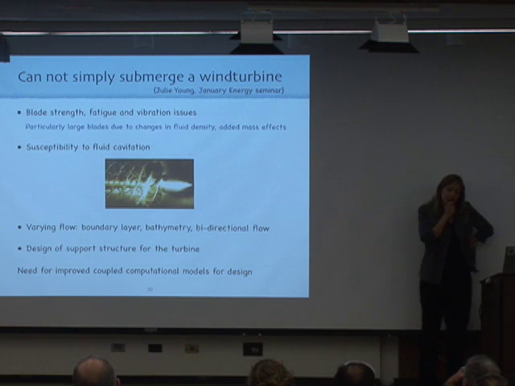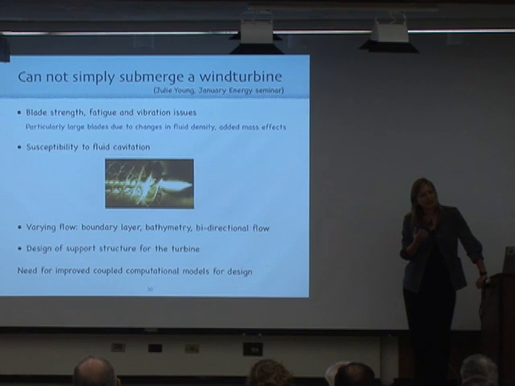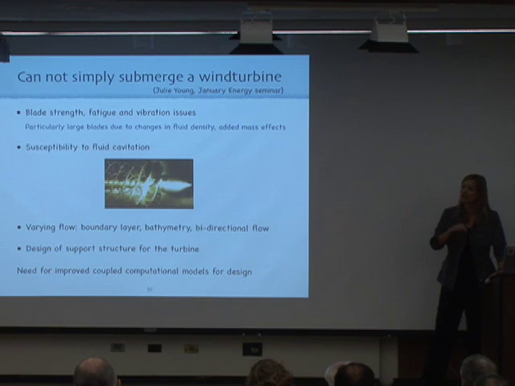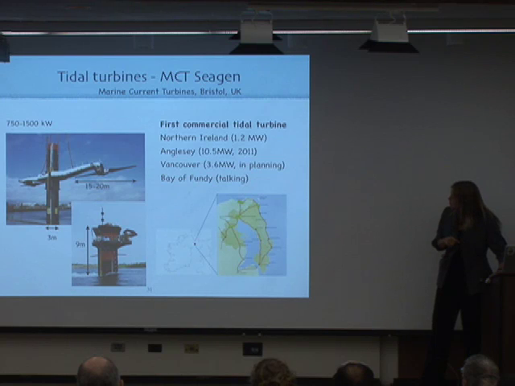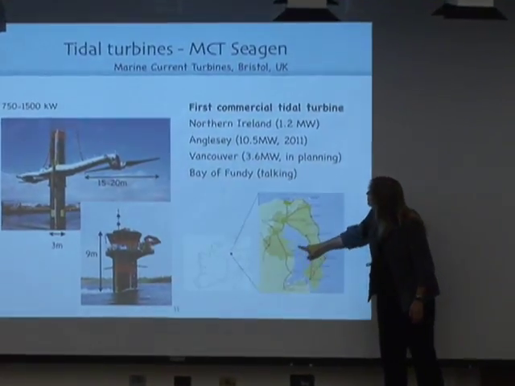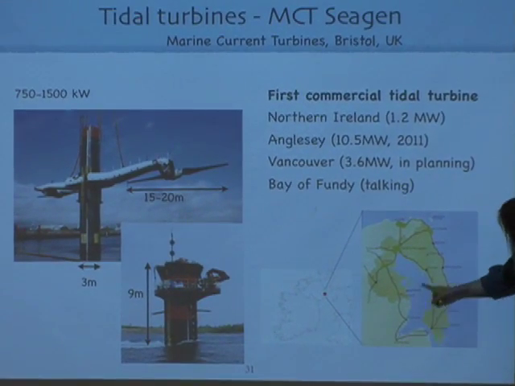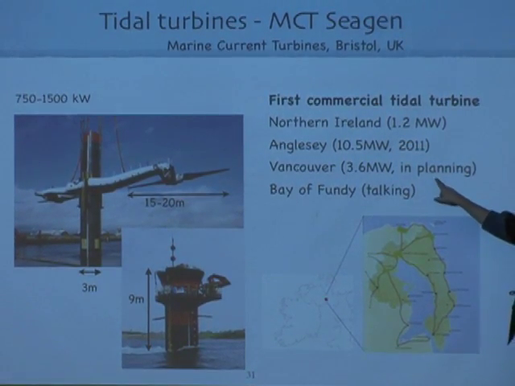Now, what they do at the moment is they use very, very simple fluid mechanics models to simulate this. Most of them are derived from wind turbine design also. And what we really need is improved coupled computational models, which we could actually do here at Stanford. So that would be very interesting. So the CGen, I talked to you about this before. There is one installed right now at the entrance of this estuary here in Northern Ireland. They're also talking to Vancouver, so we're going to see one pretty soon.